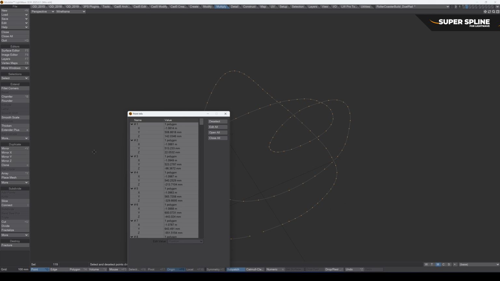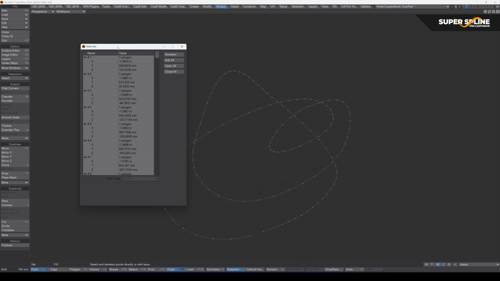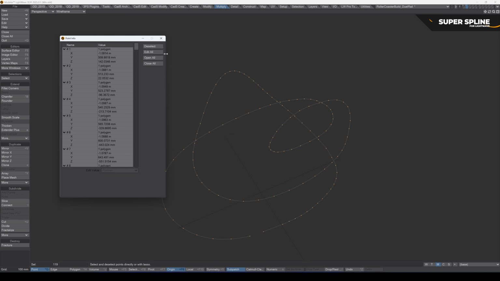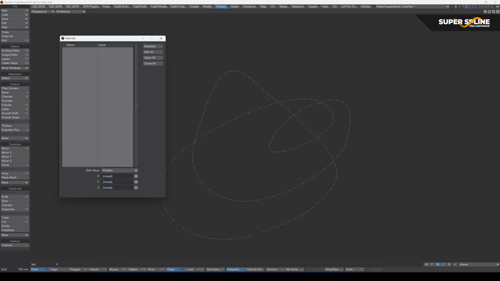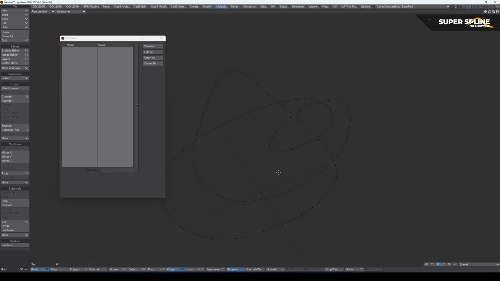Okay, and you can see here, let's just have a look at the point info. Press I to bring up that panel. I've got all the points selected. You can see here, actually, I've started this spline at 119, so I actually want to reorder those. So what I'll do is I'll go into a new layer, put the spline in the background layer, and then